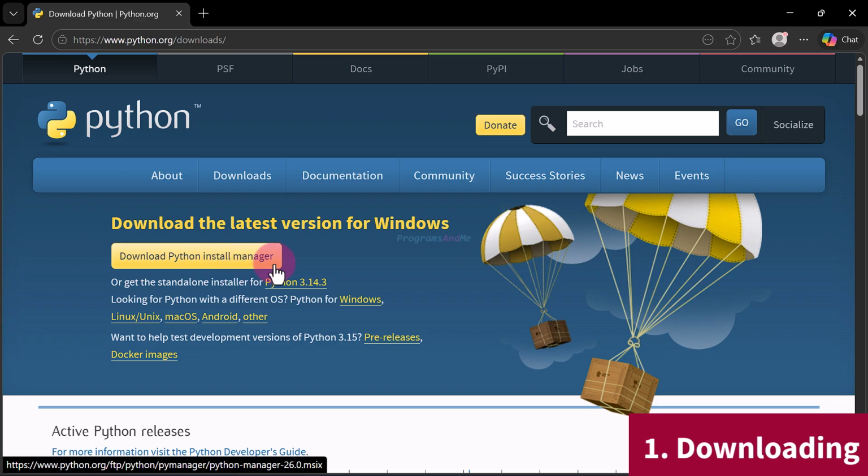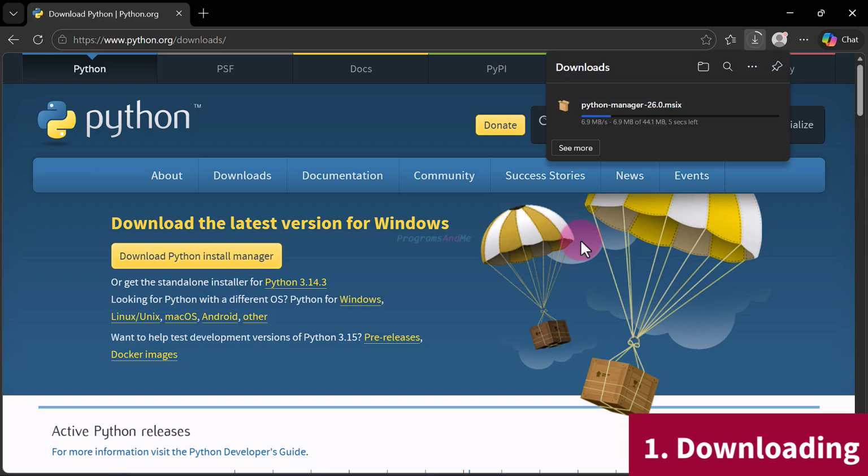In this tutorial we'll download and install Python using Python install manager. So we'll click on this. Download begins here. And once the download is finished, the next step is to install Python. To do this, click on this open file